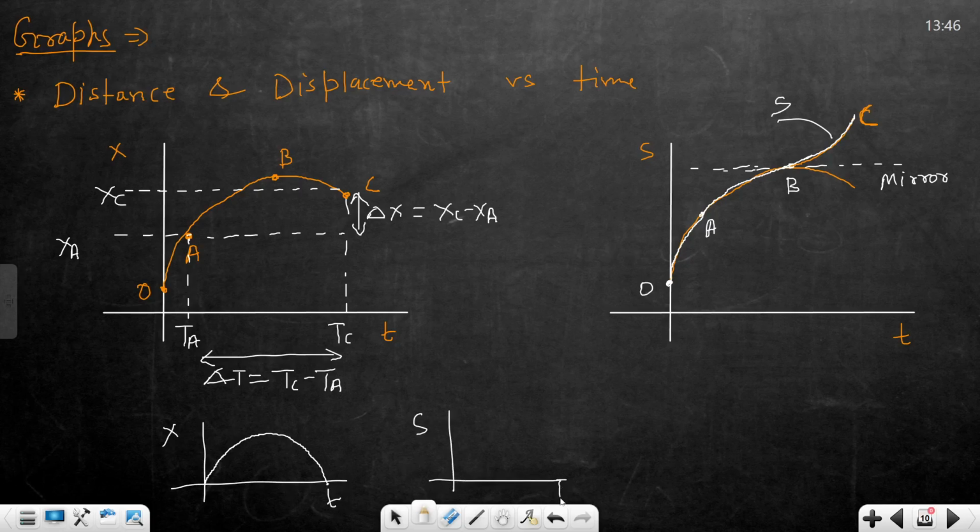st graph ऐसे होगा, a to b it will be same, but from b to c you will take your mirror image. From a to b it was same, but from b to c you will take a mirror image. Clear? Yes, sir. इस तरीके से इसे नोट कर लो अच्छे से. नेक्स्ट,